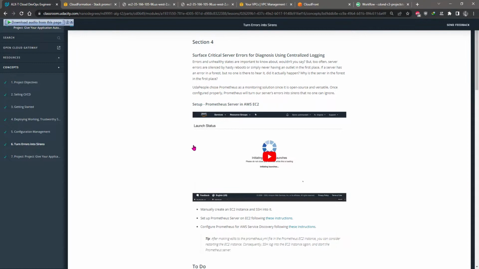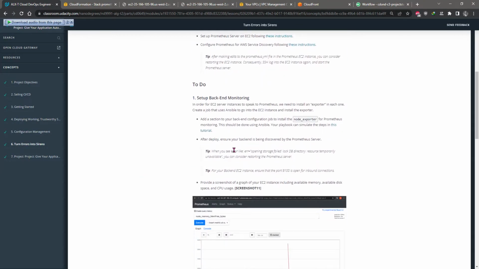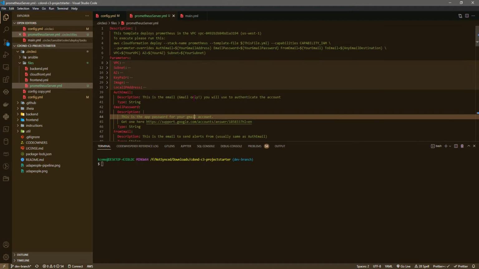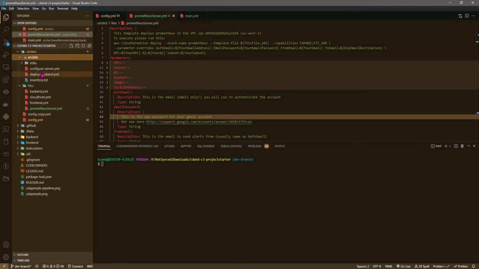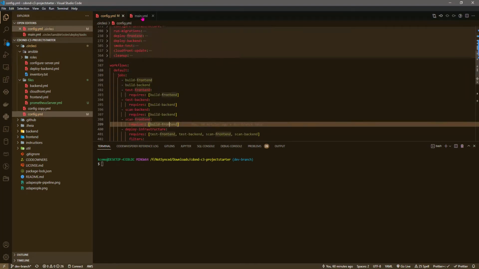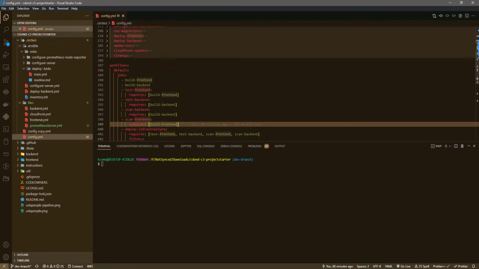What's the next thing we need to do? That's just me going through the hack. I want to add a section to my backend config to install node exporter. Okay, you want to do that, you want to go to your, I think it's here, and I think there should be a node exporter. I think I can close this. It has done its job. I want to check for